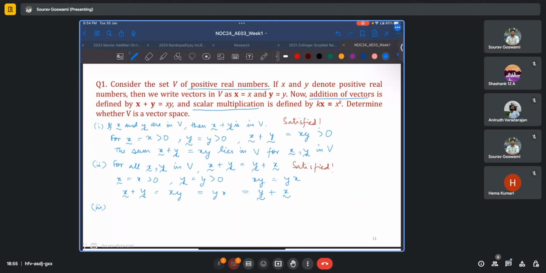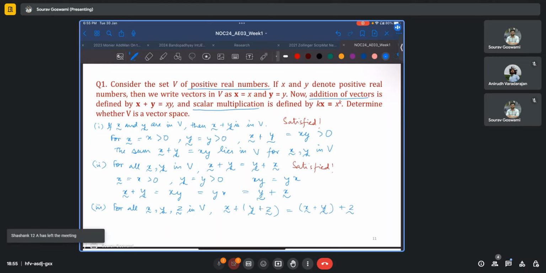Third axiom: for all x, y, and z in the vector space V, the sum should be associative. So x plus the sum of y plus z should equal the sum of x plus y, plus z. Again, based on the addition which has been defined here,